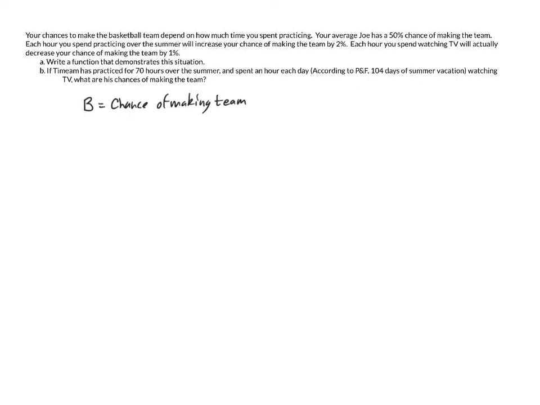All right, now, what are the things that are going to affect the chances of making the basketball team? Well, you can see there's a couple of things, right? You automatically have a 50% chance, so there's no variable there. That's everybody gets 50% no matter what, all right? Now, there's 2 other things it talks about. It says, well, if you practice, your chance will go up. So I'm going to define that because it says each hour you spend practicing. So depending on the number of hours, that will affect my answer. So I'm going to go P equals hours practicing.